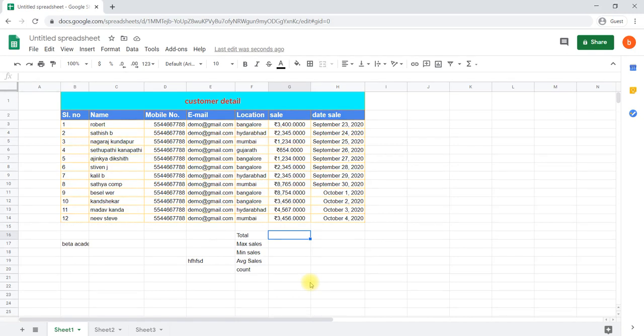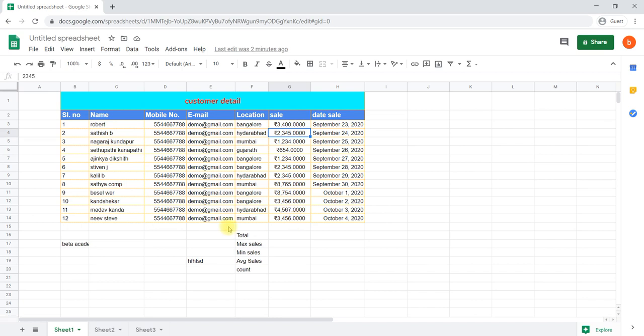Now we will discuss some of the basic formulas which are applicable in day-to-day life for any running business, and how to utilize those formulas and where they are available. For example, you have data related to sales and you would like to calculate the total sales. Second, you would like to calculate the maximum sales value: what is the maximum sales value in that particular data, what is the minimum sales value, and the average sales. When we consider 12 clients together, what is the average sales?